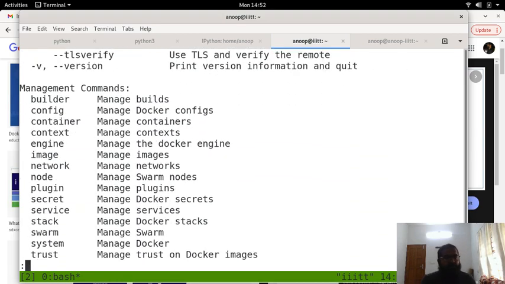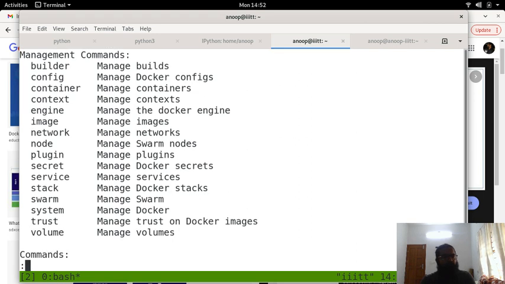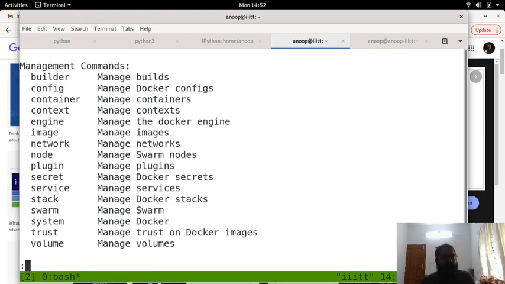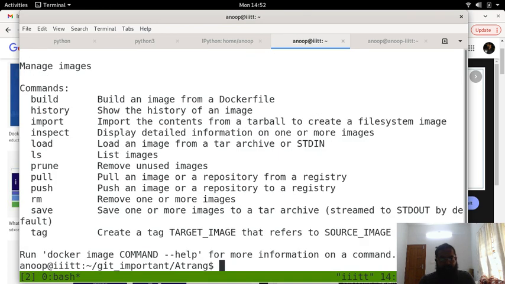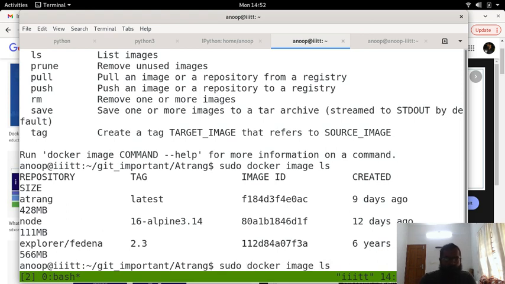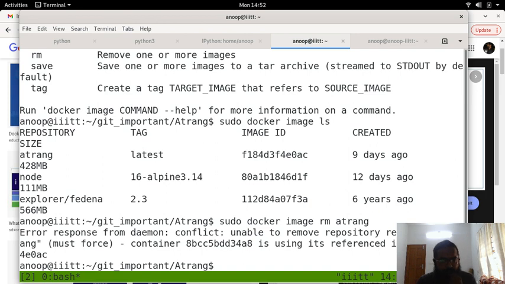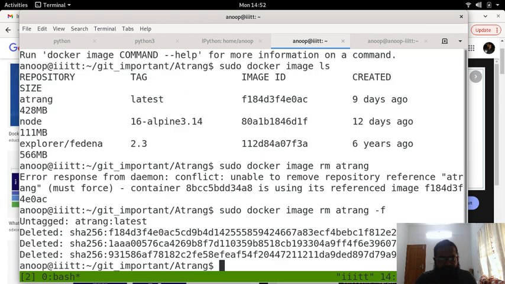Docker manage Docker image, sudo docker image ls. Okay, now I am going to do rm athrunk. I'm just going to delete that particular image, with -f. Is it going to remove it? Yes, it deleted it. Now there's no image called athrunk in here.